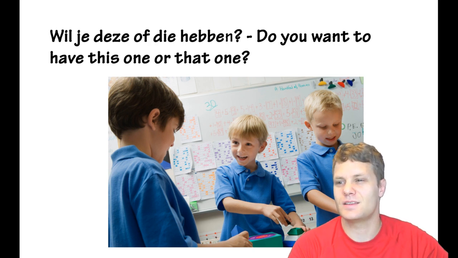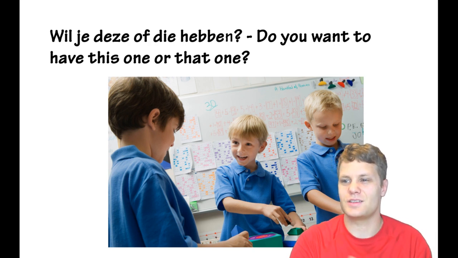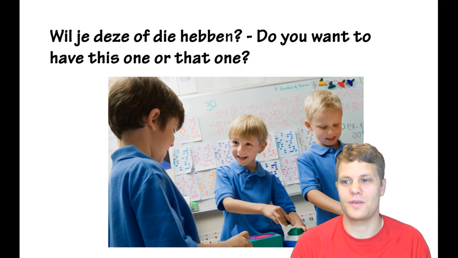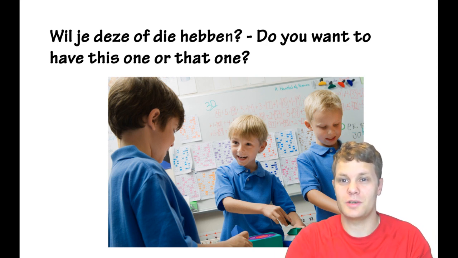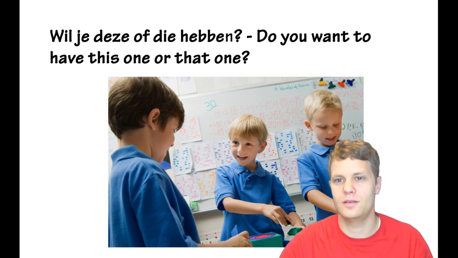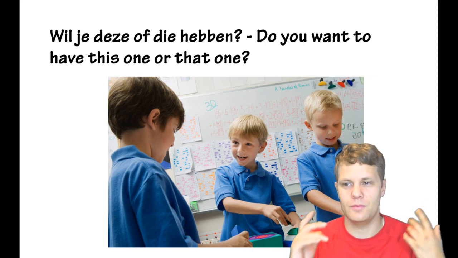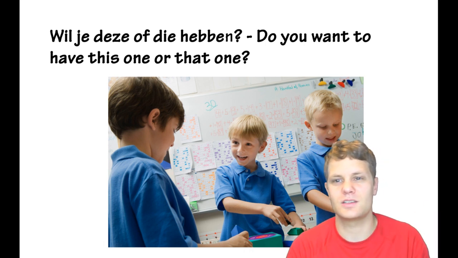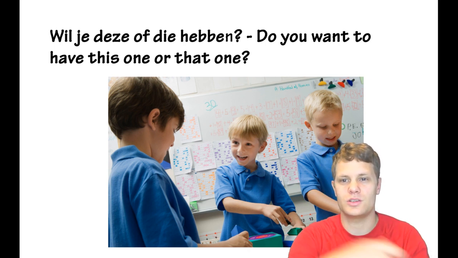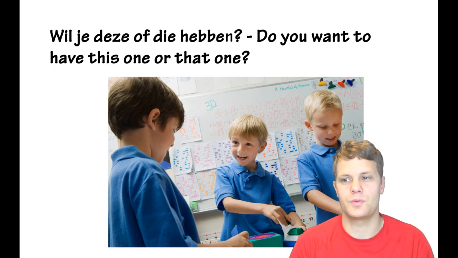And that's another thing. They say it this way because it's a question. Wil je hebben? They don't say, do you want to have this or that one? They don't say it that way. They say, want you, because they reverse it. They don't have do in their questions. Want you this or that have? That's how they say it. So keep that in mind. Wil je deze of die hebben? And that's not because of the word of. That's because it's a question. And so they say want you. They switch the verb and the person.